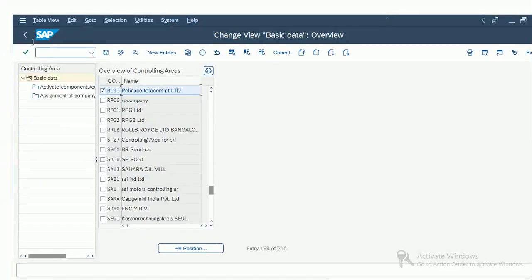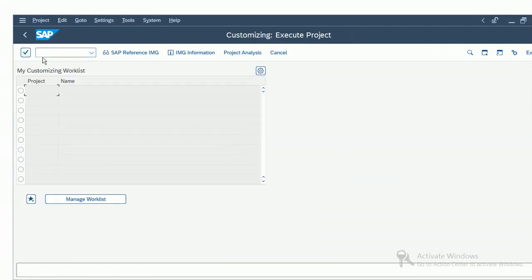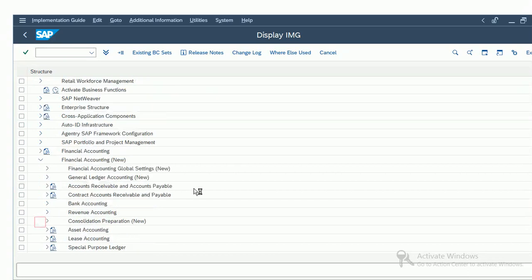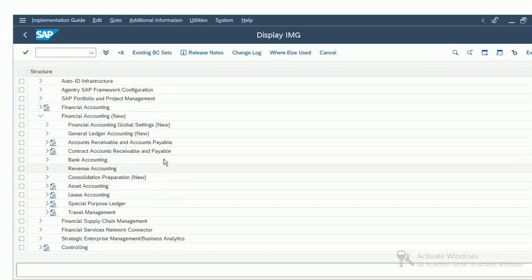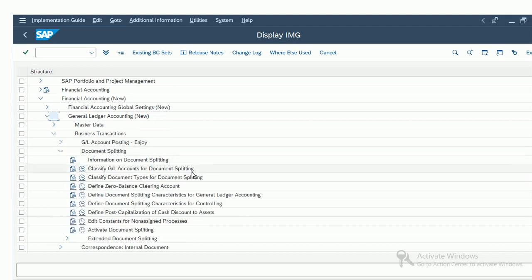So let's go here, come back. Okay, so now here we'll type SPRO, IMG reference, and then we have to select financial accounting new. We have general ledger accounting new, business transaction, then we have document splitting.